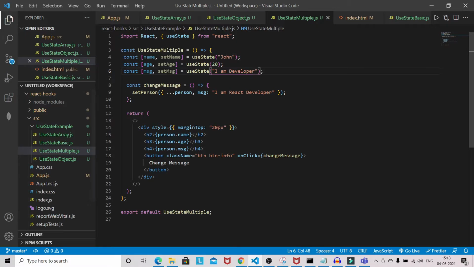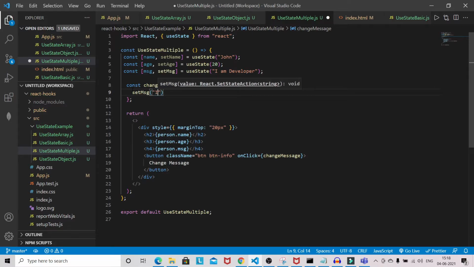Okay, and this won't work here, so I will remove this one. You can directly use the set message, and you can give I am React developer. Okay, and you have to remove this person dot name because we are not using the object anymore.